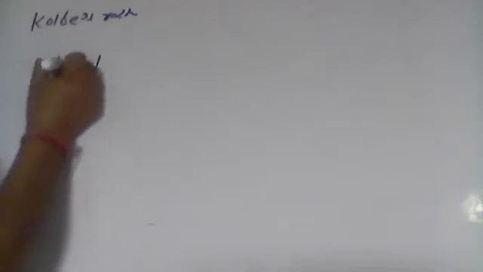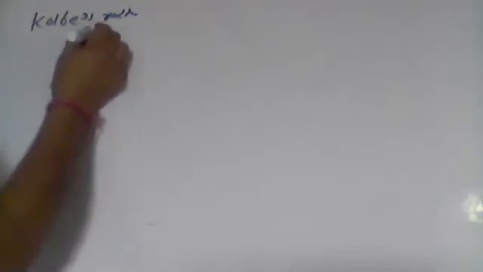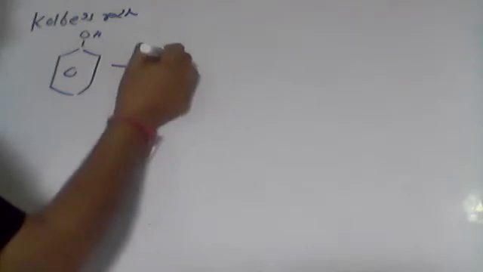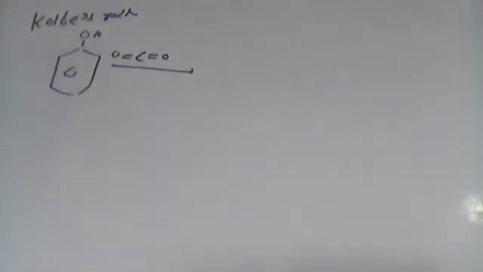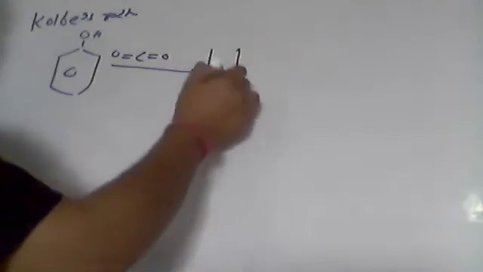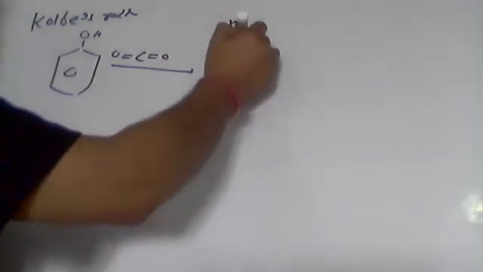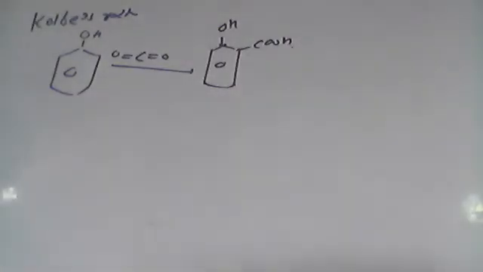After decarboxylation, we started with our Kolbe's electrolysis. I told you in the beginning we have done Kolbe's reaction. That is not Kolbe's electrolysis. Kolbe's reaction was to convert phenol to salicylic acid. First I am going to write down the Kolbe's reaction. What was the Kolbe's reaction? Here we have the phenol and we reacted this one with carbon dioxide. Full reaction I am not going to write down, and there is a formation of salicylic acid. This was your Kolbe's reaction.